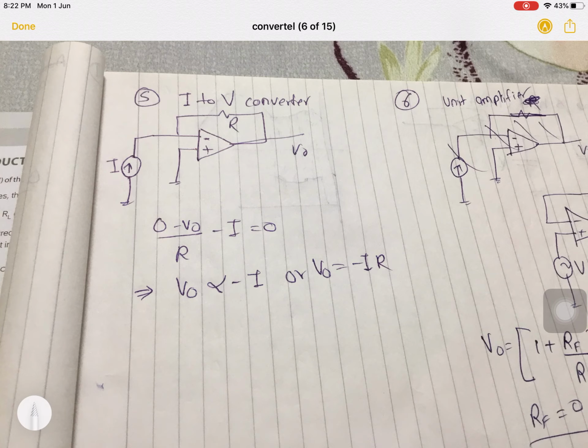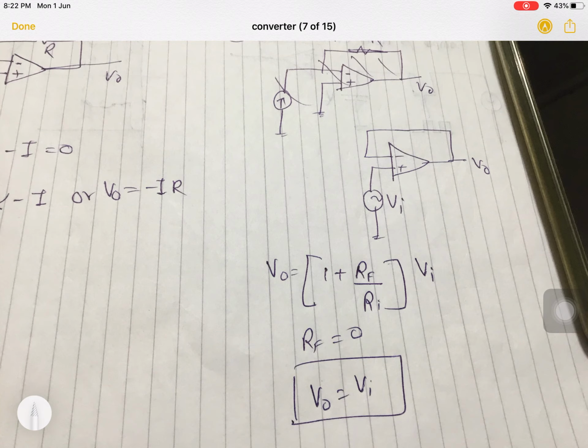Now one more similar circuit is the unity gain circuit. This is a unity gain circuit. What is the unity gain circuit? A unity gain circuit is one where whatever the input is, the same is the output. So what is this op-amp doing? Suppose that Vi has some input impedance Ri, and this is similar to a non-inverting amplifier when there is no feedback, that is Rf equals 0. So if Rf equals 0, V naught equals Vi. So this is also an op-amp unity gain amplifier.